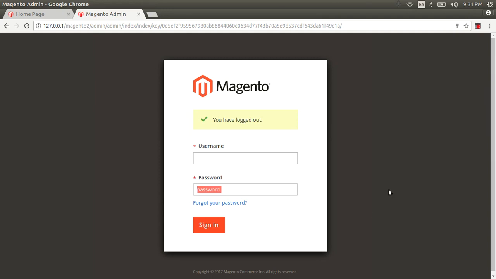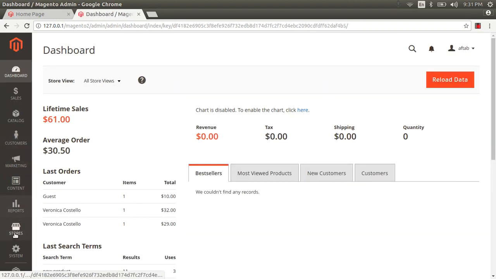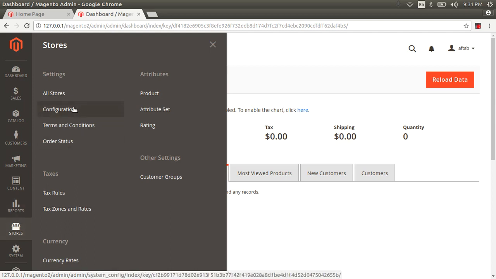So guys, today we will learn how to add payment gateways in Magento 2, right? So click here, username and password. Okay guys, so enter here and go to configuration. So click on Store and Configuration,